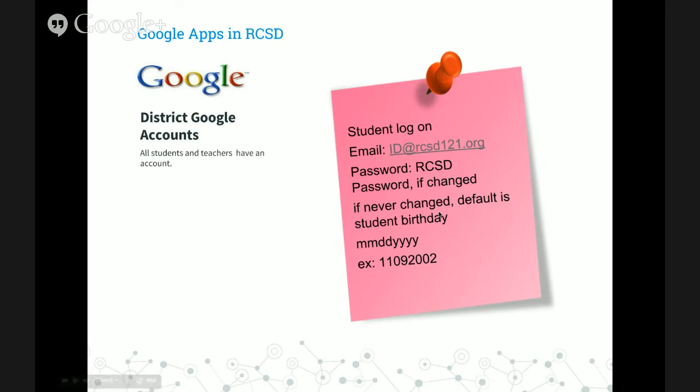If they haven't changed it, so if you're at School 28 and they just use the Student 28 login, then their default password is their birthday. We'll talk to you online, okay? And there is now, and you'll see this later on, a report in SPA that gives all your student logins.